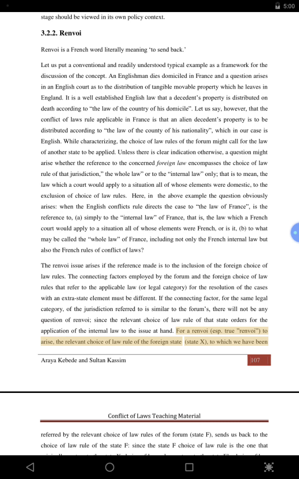For a renvoi, especially true renvoi, to arise, the relevant choice of law rule of the foreign state, state X, to which we have been